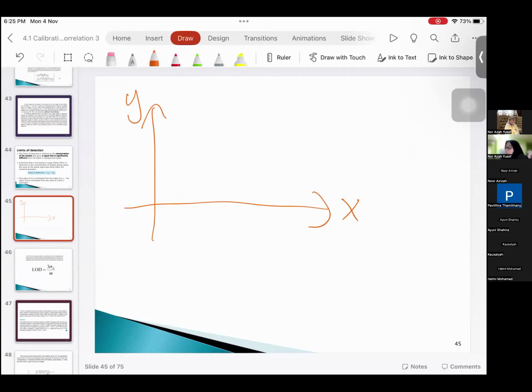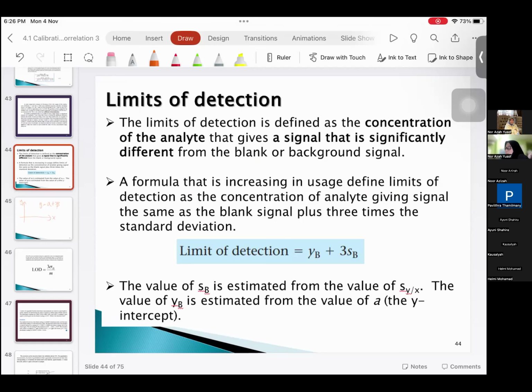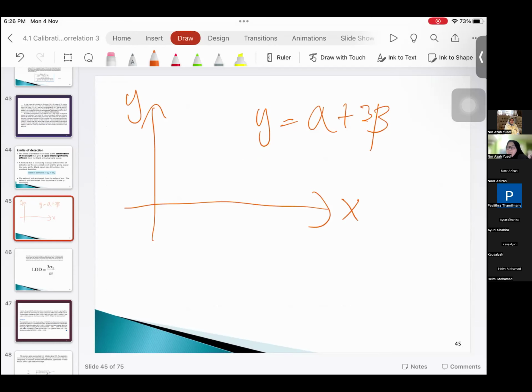Okay, I usually use this Y = alpha + 3 beta. If you look here, it is gamma plus 3 standard deviation. This is what I usually memorize: alpha, and then beta stands for standard deviation, the standard deviation of